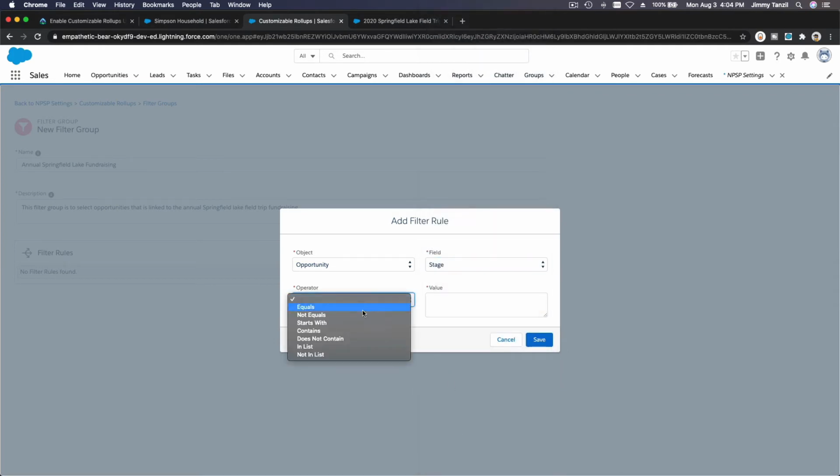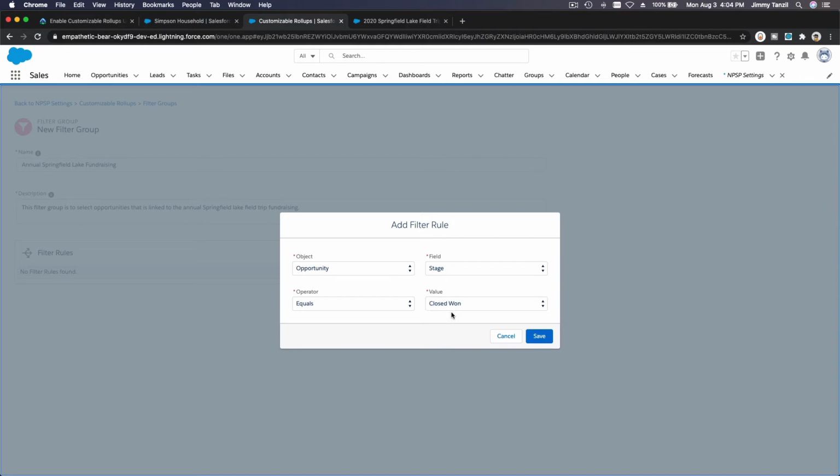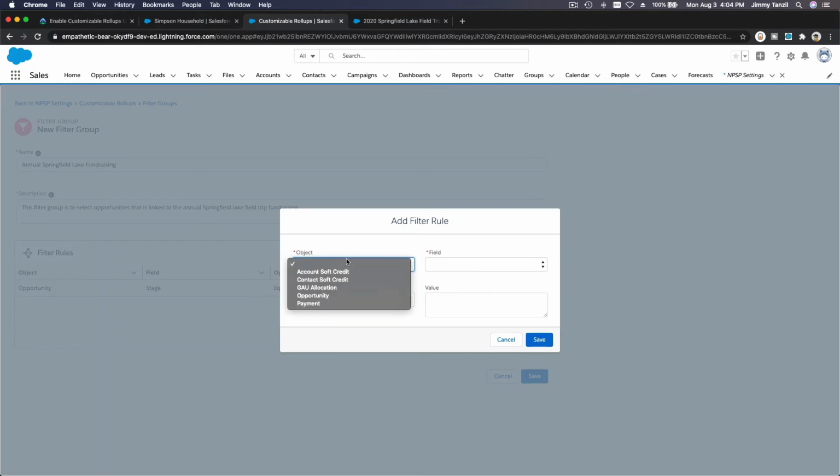The operator equals, and the value is close one. So if it's close one, meaning the deal is done, somebody bought an ice cream and somebody washed their car and they've paid for it, so it's a close one opportunity, right? Save that. And the second rule is the campaign,